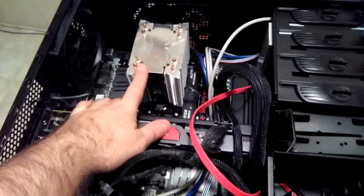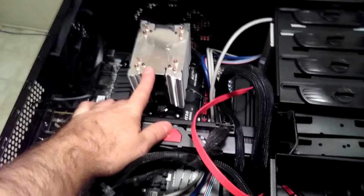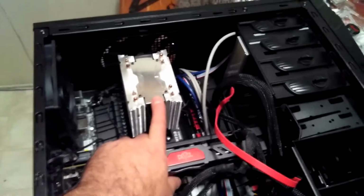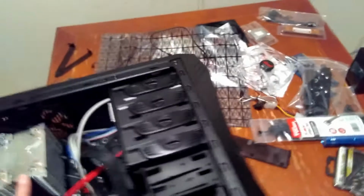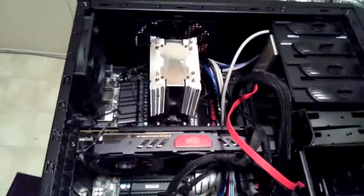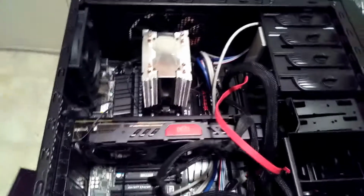And hopefully that FX 8350 that was in there works. But in case that 8350 was garbage, I still have my 8320 that I originally bought for this build. But it'd be nice if it worked, and I can sell that 8320 for $70, $80 and make some money back. Alright,